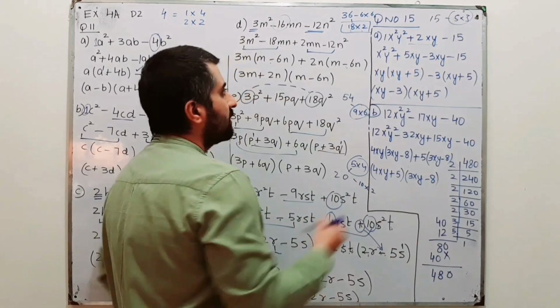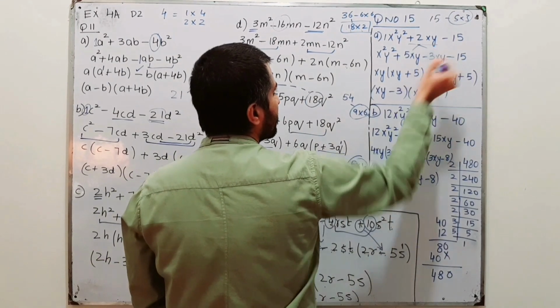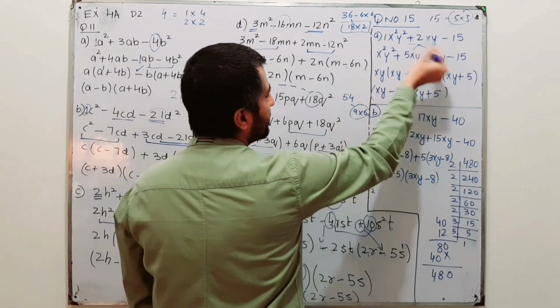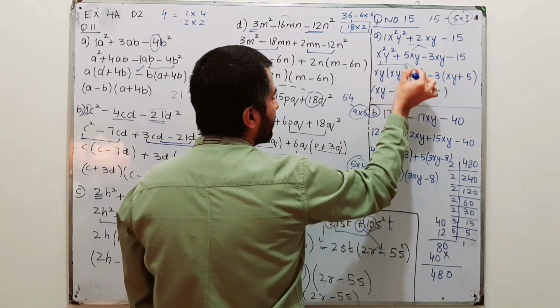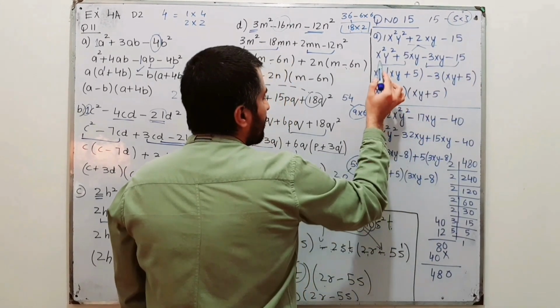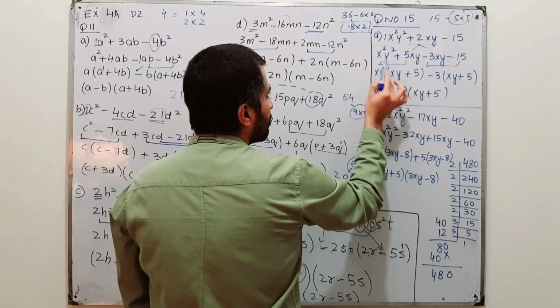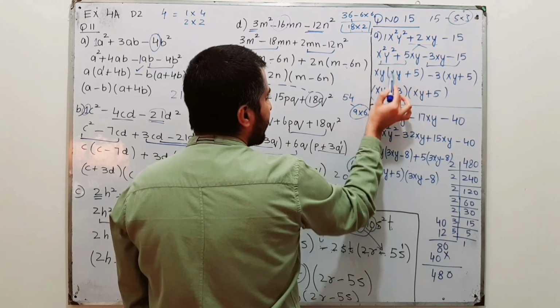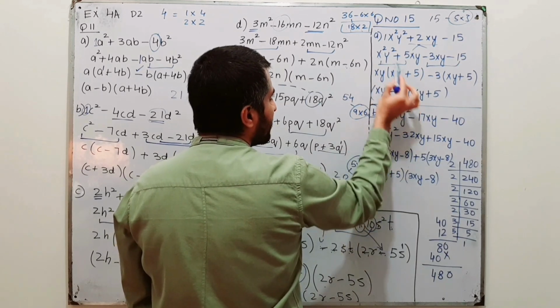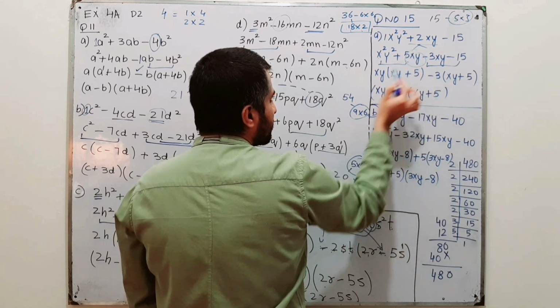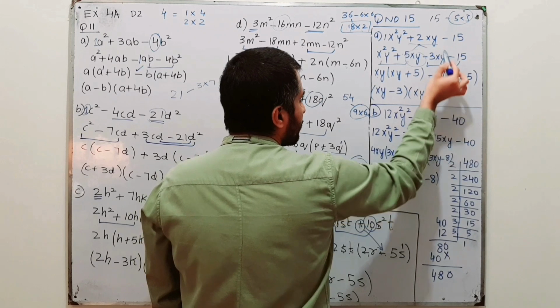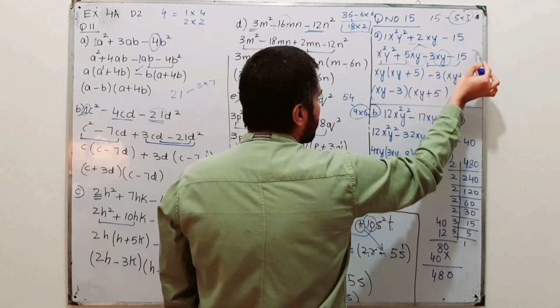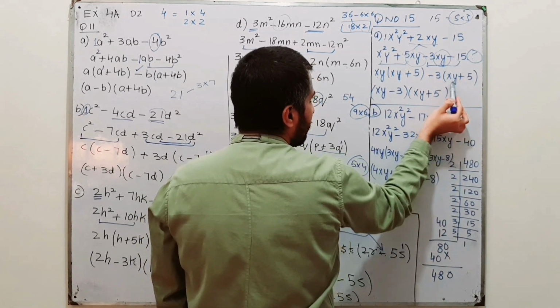So I have basically divided this middle term into two parts, 5 minus 3, that is 2xy. Take out common from the first two and from the last two. From the first two, xy is common. So because xy is common, one x and one y will be inside the bracket, then plus. From here xy is taken out as common, you are left with 5, minus 3 is taken out as common, because xy is present over here. We don't have any xy over here, so xy will be inside the bracket.